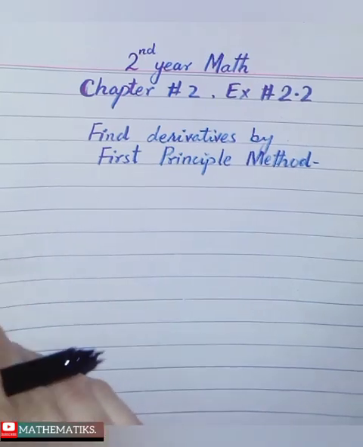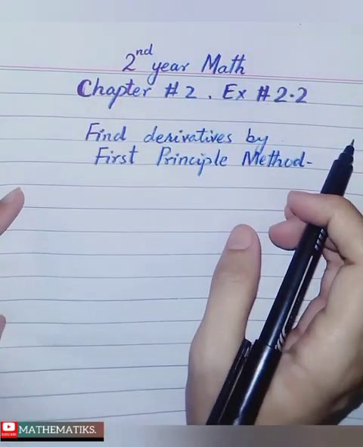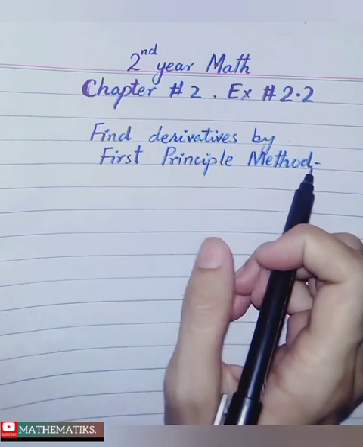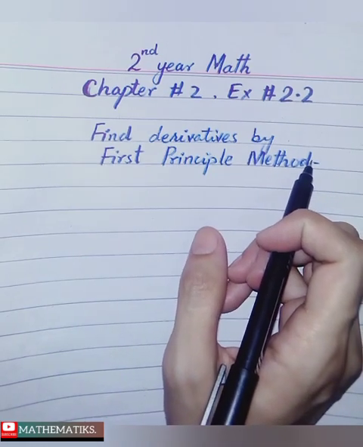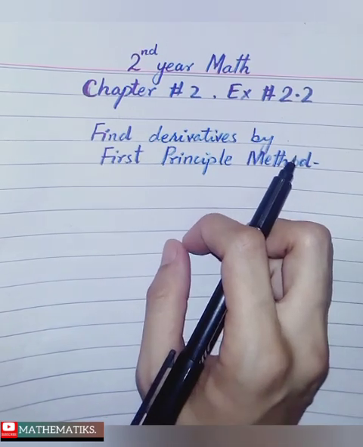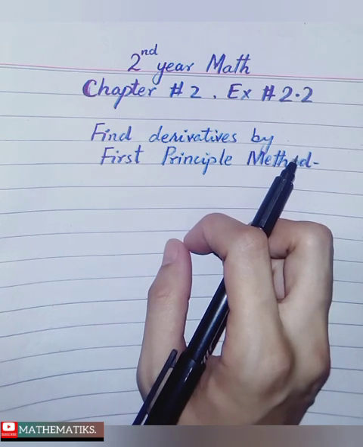Students, in today's video we are going to find derivatives by the first principle method, exercise 2.2 of chapter number 2 from the second year mathematics book. You all know that we have done derivatives by first principle method in our previous exercise 2.1, last two questions,